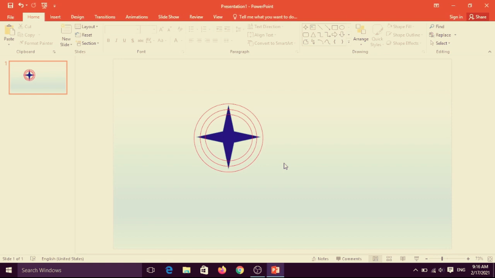And once again paste, reduce the size, copy and reduce the size, and then the last one, once again copy and then paste.